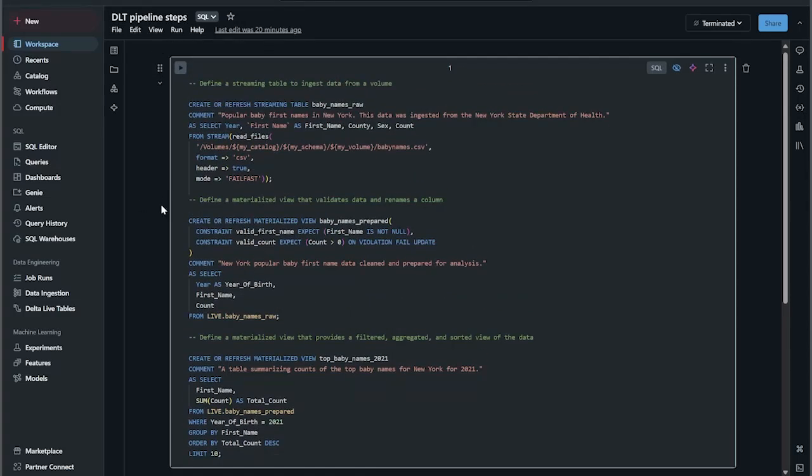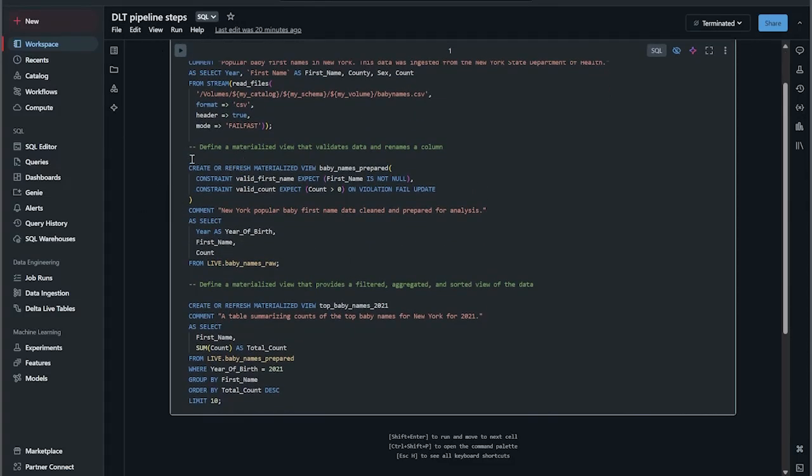You can also see that in this silver layer, this first materialized view, we're using some constraints. This is what builds integrity into the tables themselves. So we're telling it what to expect or what to look for when it's loading the data into this table.